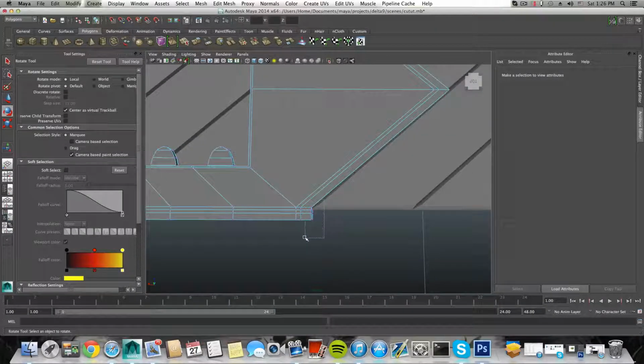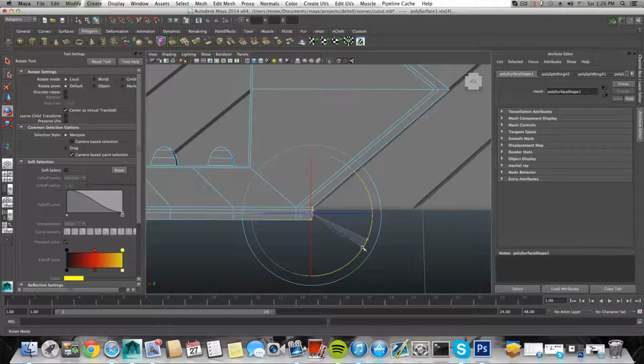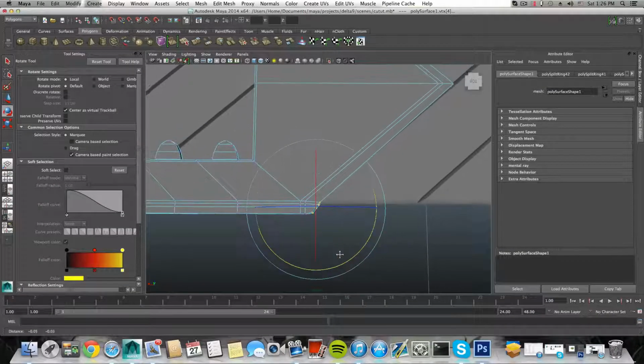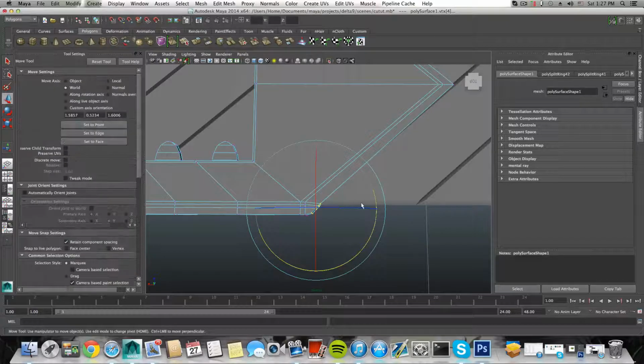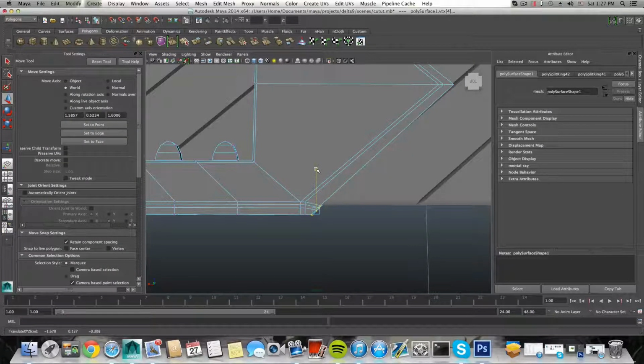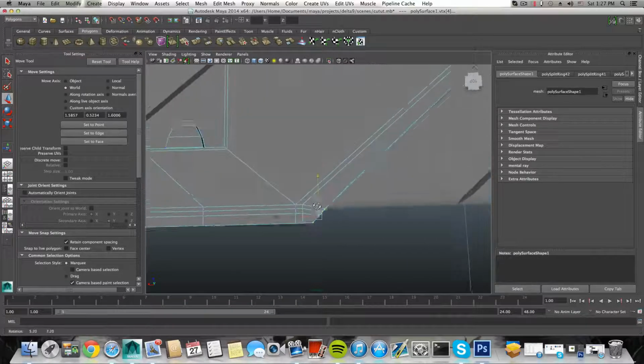So those vertices, and you can bring them like so, and maybe even more. So, and maybe even align at least this curve here, okay, this line here, and